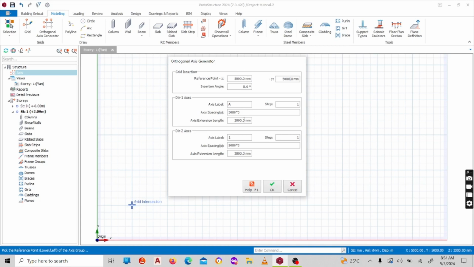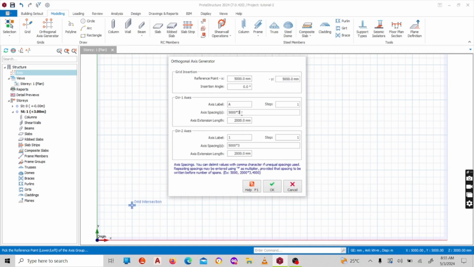I'll show you this once I've already created. Now, under axis spacing, I want you to concentrate here. See, this will be automatically placed. Maybe the span is telling us to be 5000 mm into 3. This star here, if you've already used Excel, you know that this means multiplied into 3 times. It means that we have 5000 into 3. We have 5000, 5000, 5000. If you want to put another span there,